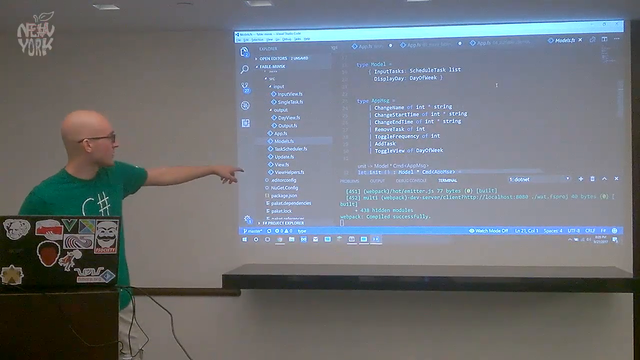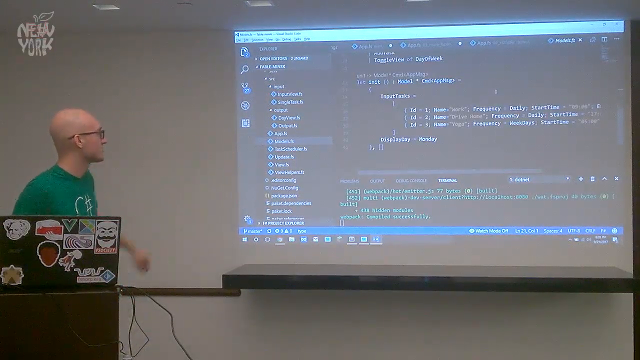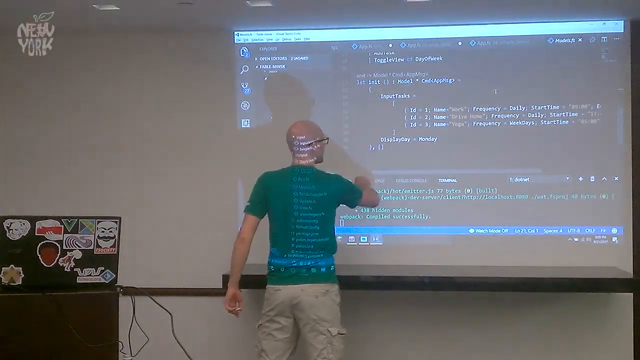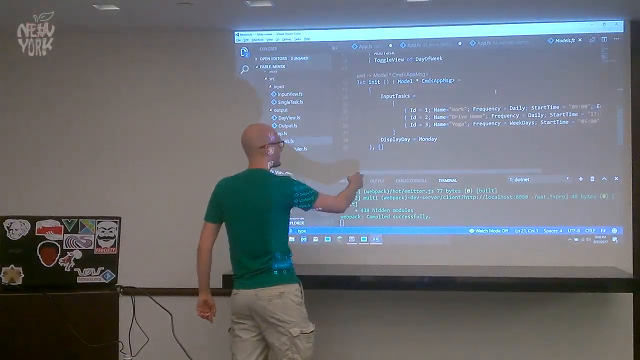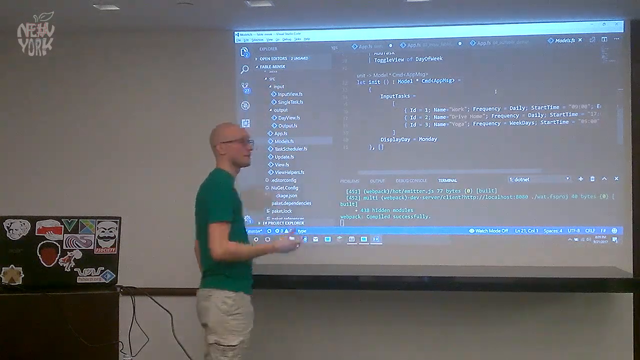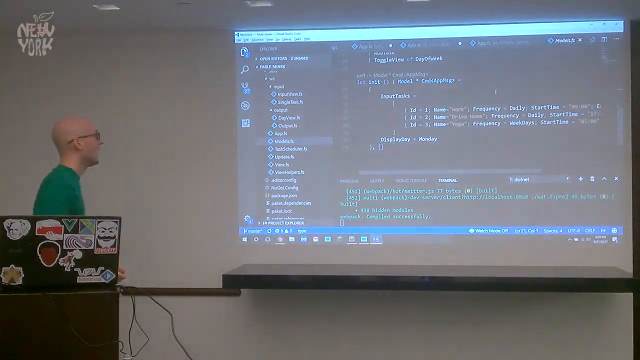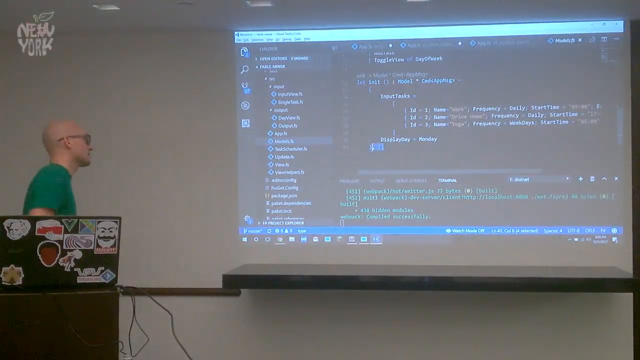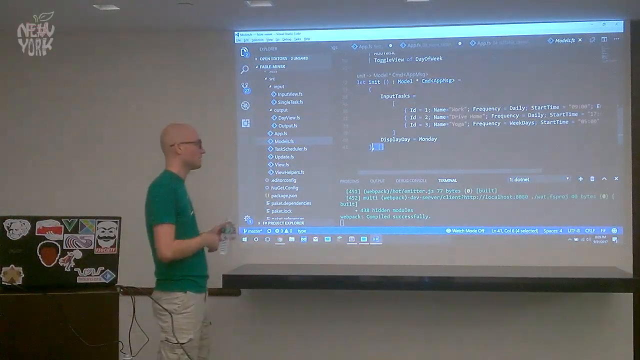In addition to that, we have an init. An init has our initial state here. We have our input tasks, which is just a list of tasks that we want to start off with. And we have our display day of Monday. Unfortunately, that's the start of the week. And finally, we have this little empty list down here. I kind of glossed over it earlier. This list is basically a list of